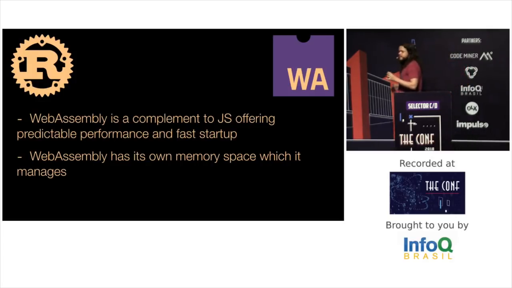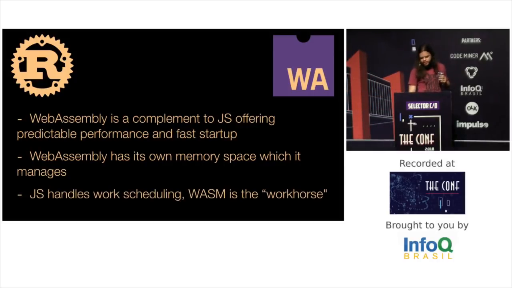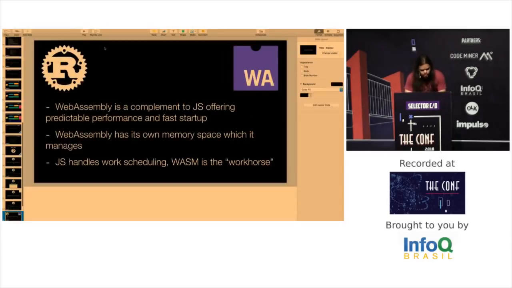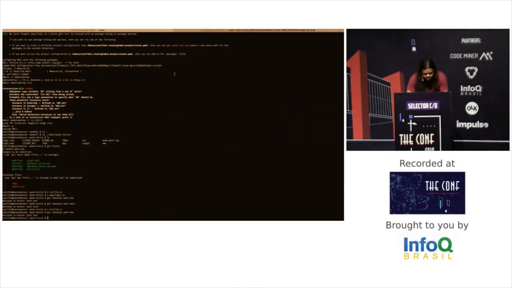WebAssembly has its own little memory space which it manages, and which never gets shared with JavaScript unless JavaScript explicitly says, okay, I want to read this, I want to write this. And WebAssembly can't really get JavaScript objects, get stuff on the heap, and use them. But that will probably change next year, because there is already a proposal which is likely to go in. And finally, and this is something I can show you about this game, since you only have functions in WebAssembly which get called by JavaScript,